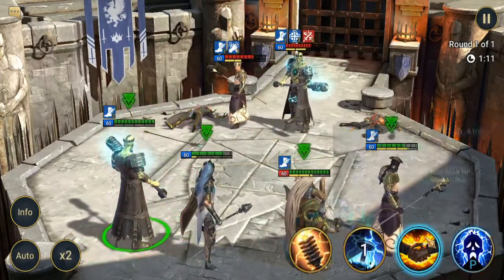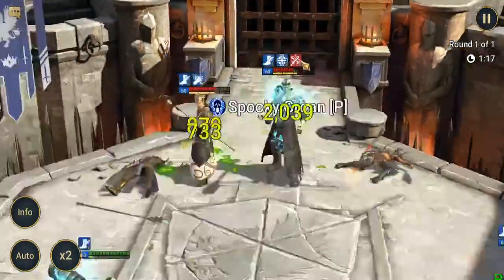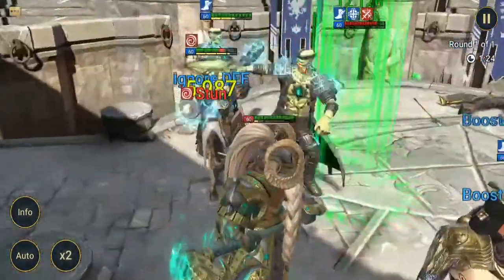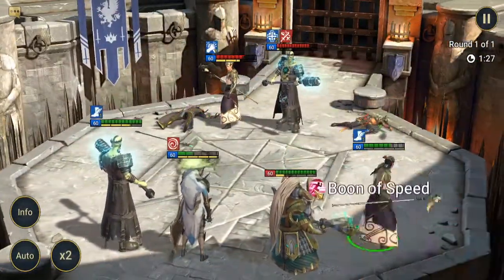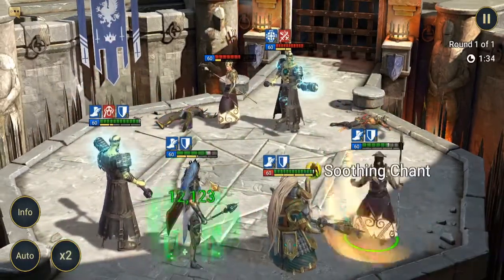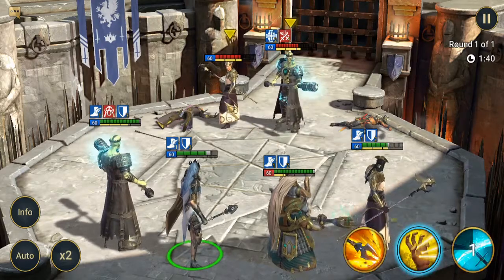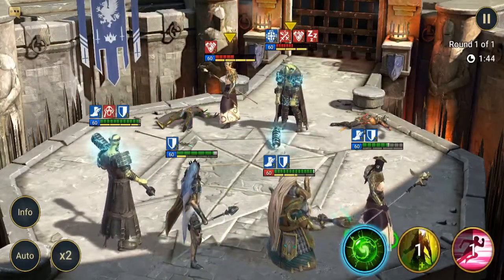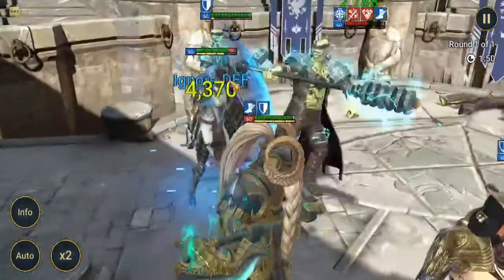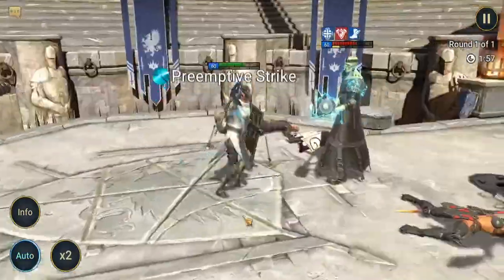You know what? We're not even going to use Ally Protect right now. See if we can get some stuns off here. Good. Actually, now that the Ally Protect is off, we should probably try to take out Apothecary. See if we can't get him. Nope. We'll finish him off here, and now we can just put it on auto and